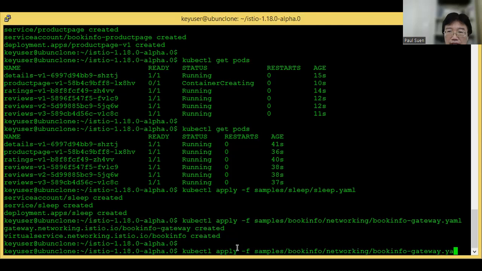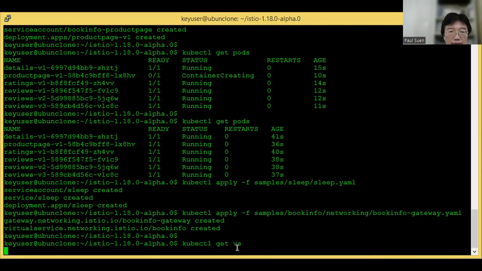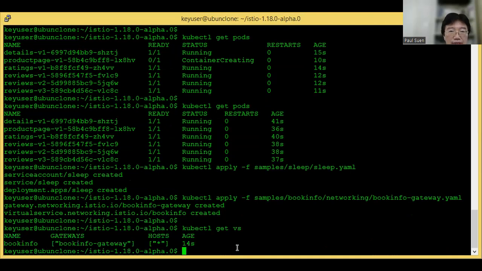And this one is the same as the one we would do in a sidecar-based service mesh. So we've got everything up and running concerning the Bookinfo app, and they are the same as those we would try on a sidecar-based service mesh.